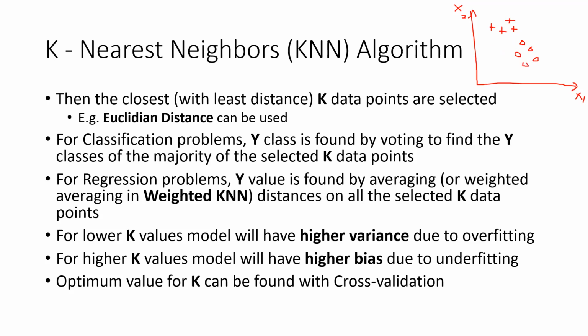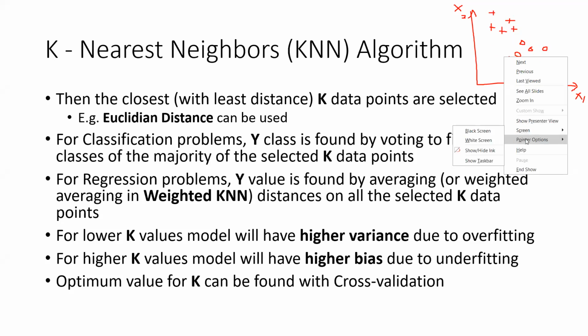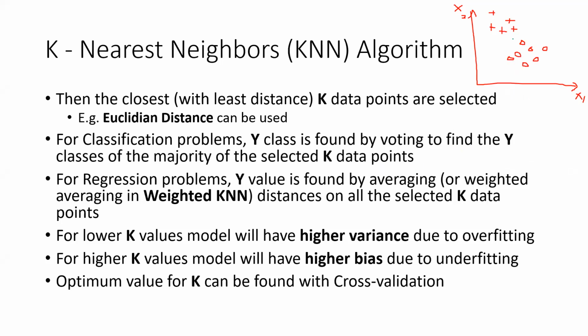So circular data points belong to a certain class, and the x data points belong to another class, right? Suppose a new data point is to be predicted. For example, this is the new data point. What you have to do is take the nearest neighbors. Suppose we take 3 nearest neighbors like this, and then we find that